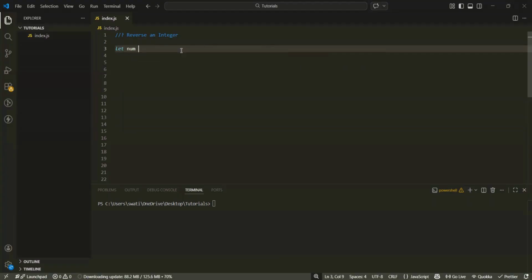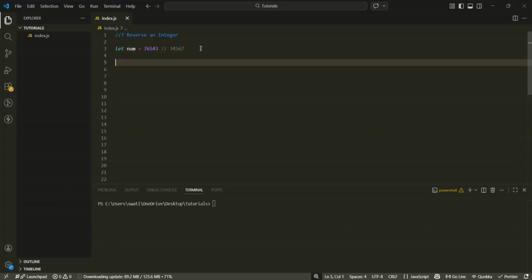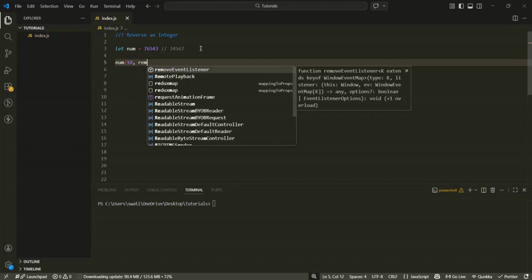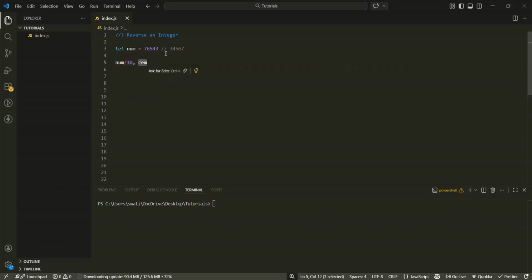Suppose my number is this, so our desired output will be something like this, that is the reverse of this integer, right? Mathematically, if we divide this number by 10, we get a remainder, right? And if we are able to store this remainder somewhere, we get the reverse of this integer. What I mean by this is, for the first time, if I divide by 10,